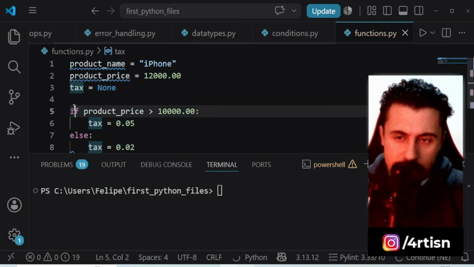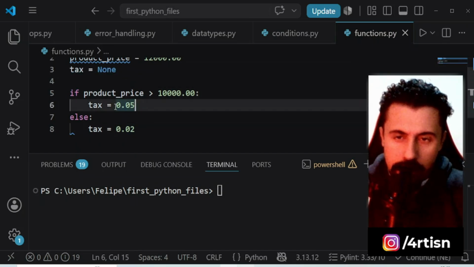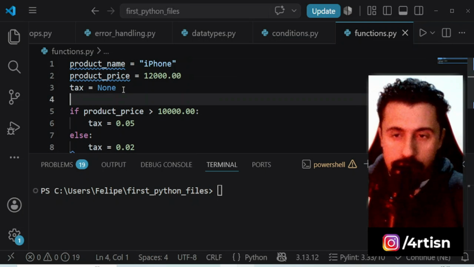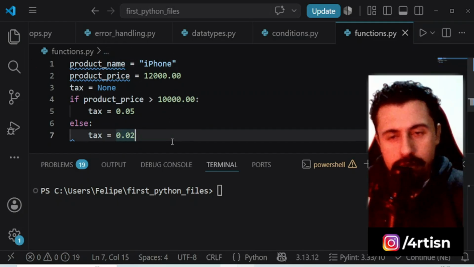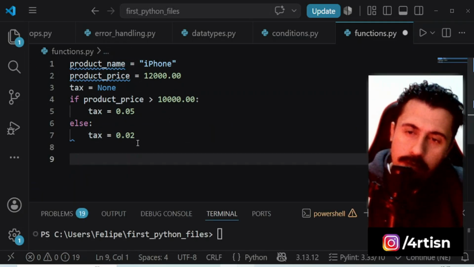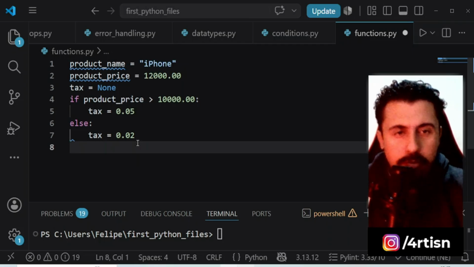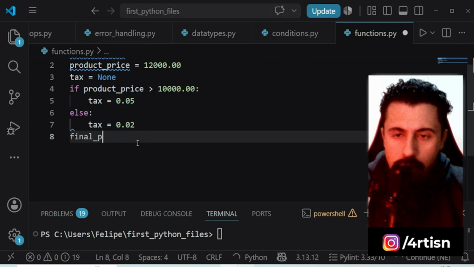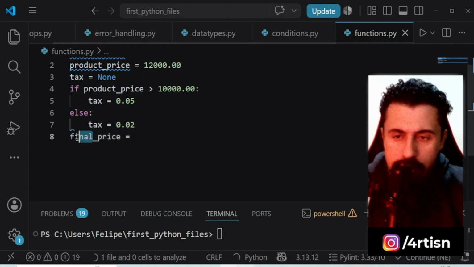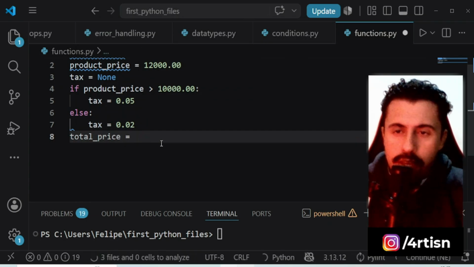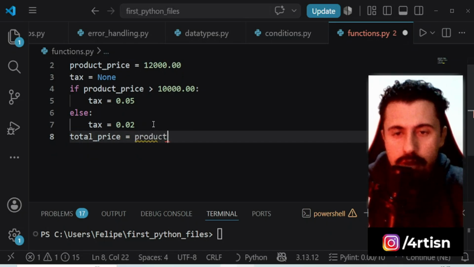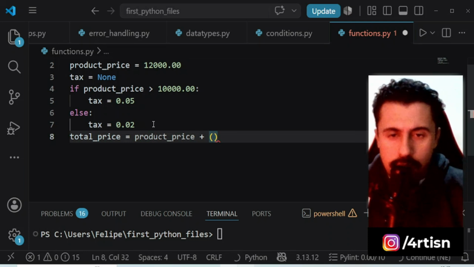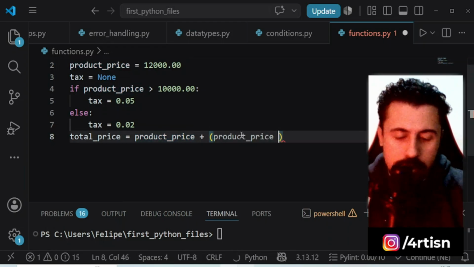So we have the tax, and this tax right here can have a value based on the price of the product. So now we can calculate the final price, right? So final price, total price is better, is going to be the product price plus, between parentheses, product price times